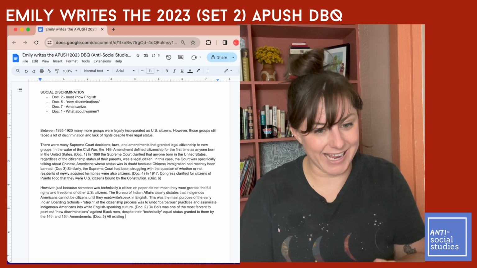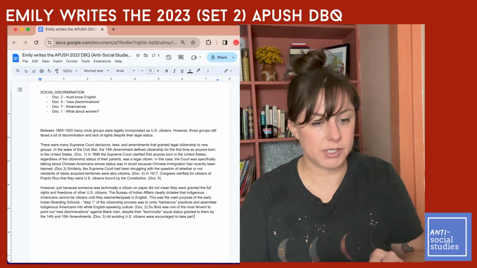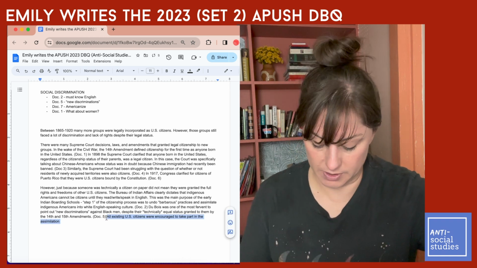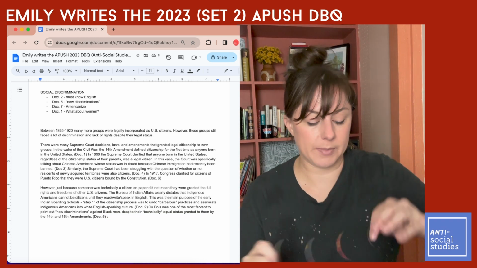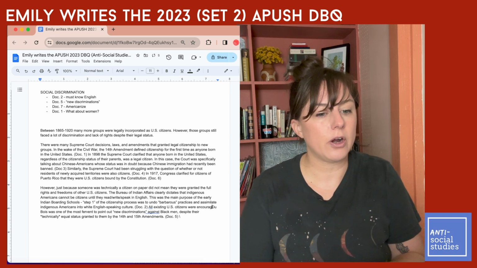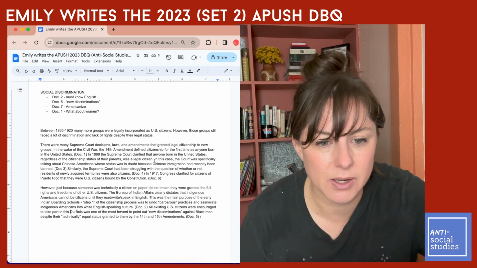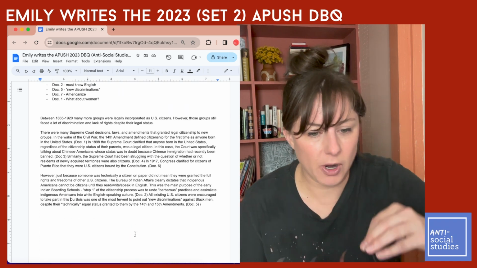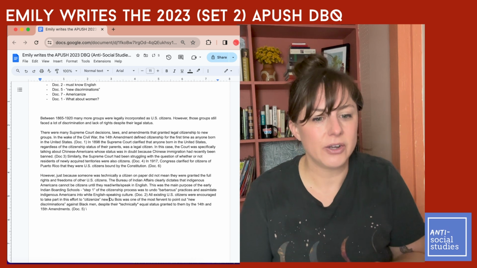All existing U.S. citizens were encouraged to take part in this assimilation process. I actually want to move this next to the Indigenous part, because I think that makes more sense. All existing U.S. citizens were encouraged to take part in this, what was the word he used? Citizenization or something? It was a wild word, I can't remember. Citizenizing. Take part in this effort to citizenize new arrivals